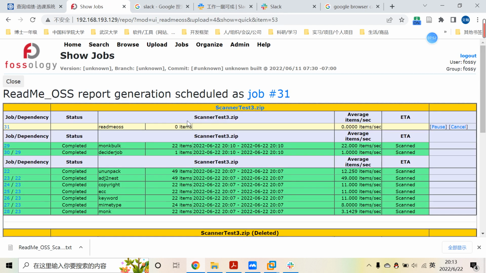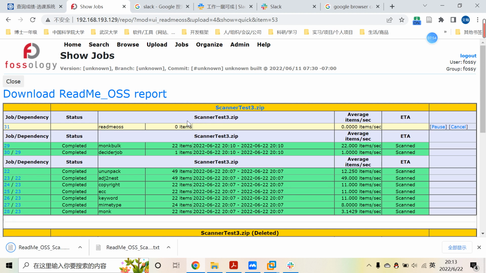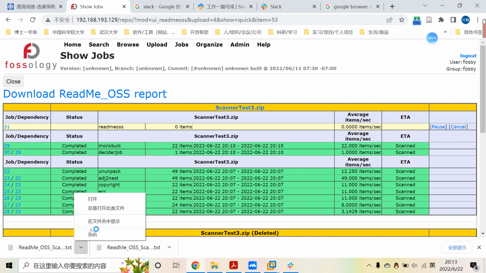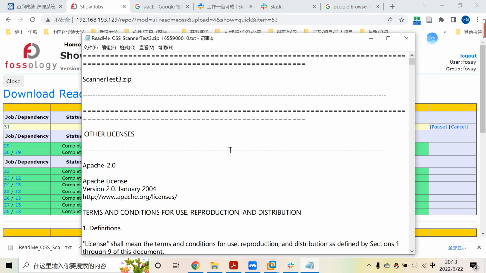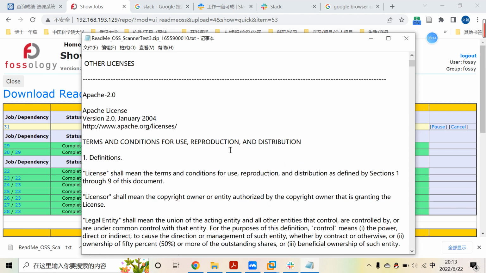It also will be assigned a job, and when this job is complete, it can give us a txt file to download. So let's open it. We can see the licenses Fossology has scanned in this file, and